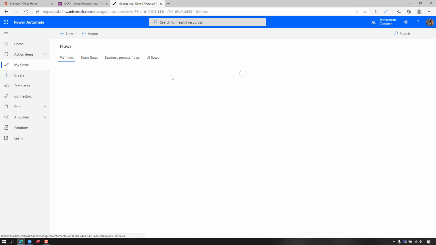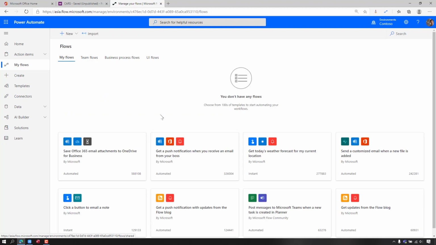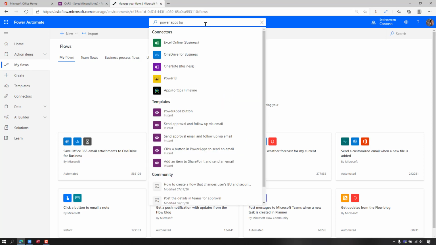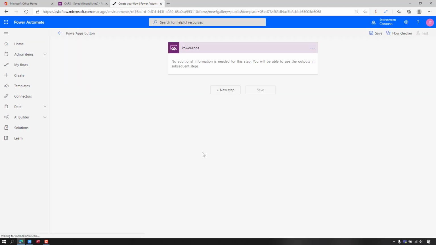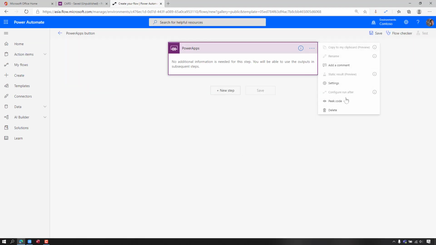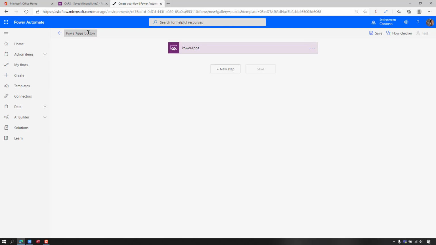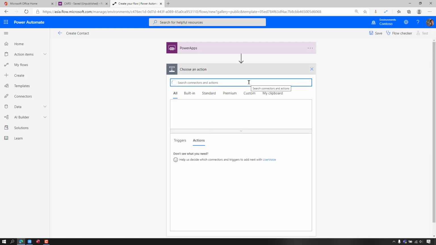So in here, I just navigate to My Flows and look for the Power Apps button. Just click this one, and it will automatically open. Then rename this one to create a contact, click new step, then we select the UI flow.